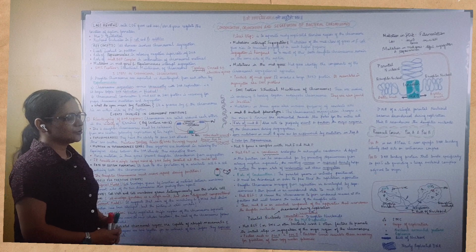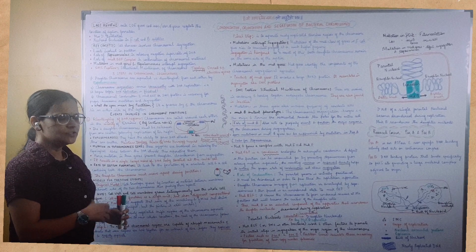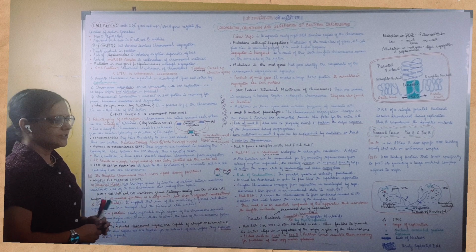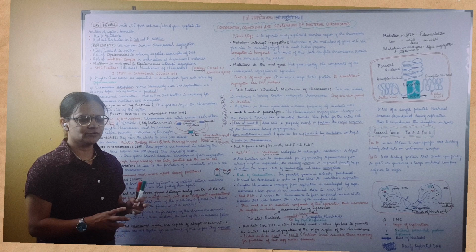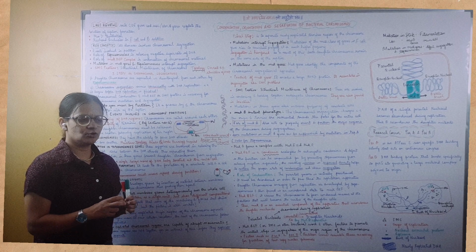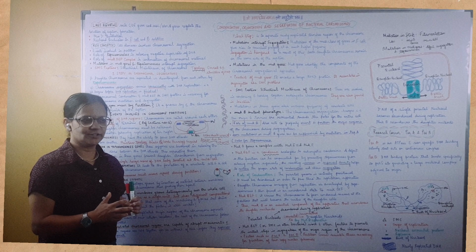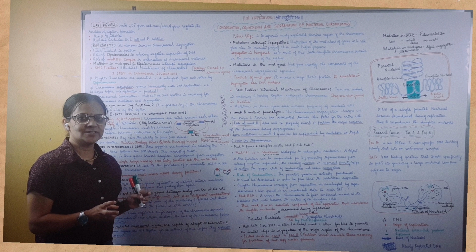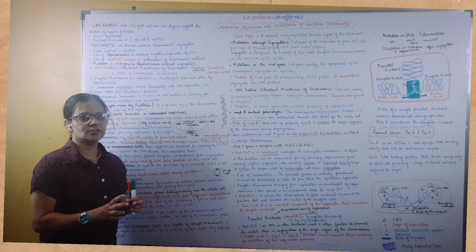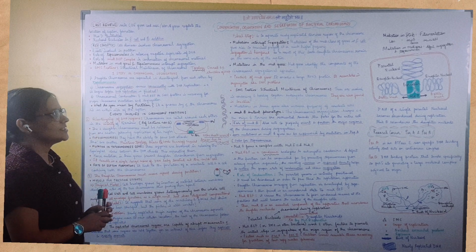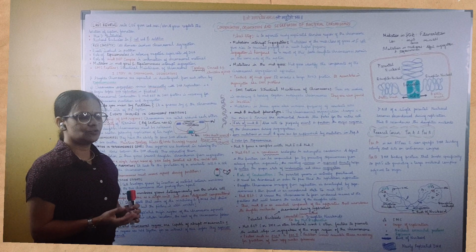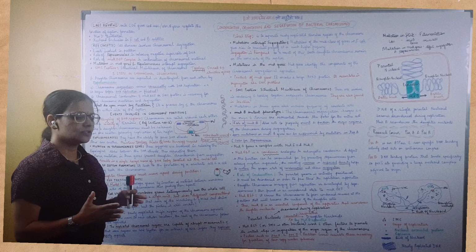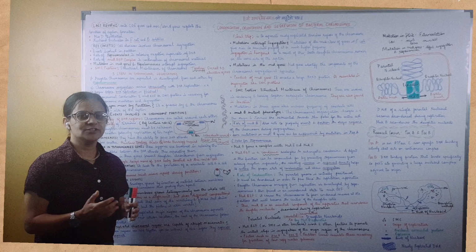So in today's talk, what we are going to see is that after the location of the septum formation is decided, there is segregation of chromosomes. Before the cell divides, the chromosomal material which has been replicated is properly oriented and properly placed in the two daughter cells, and then the daughter cells are actually formed. So how does the condensation of chromosomal material take place? How does the orientation take place, and how are the chromosomes segregated? That's all we are going to see in today's talk.